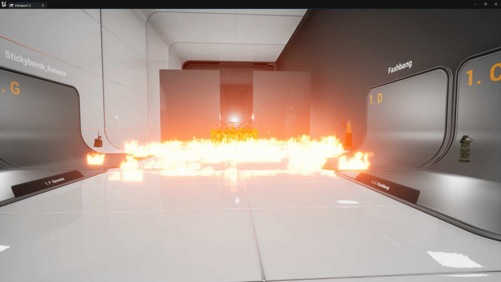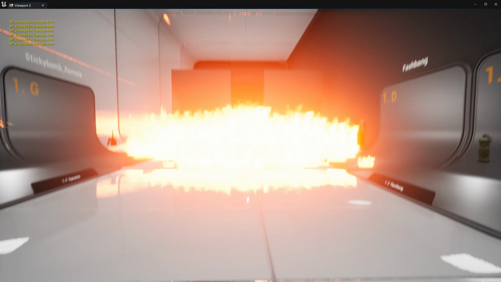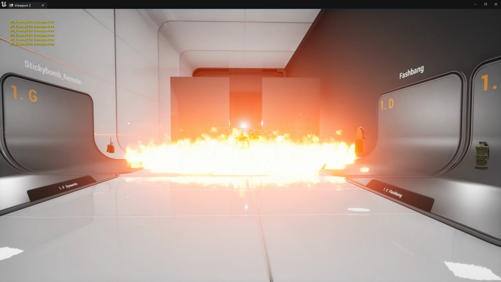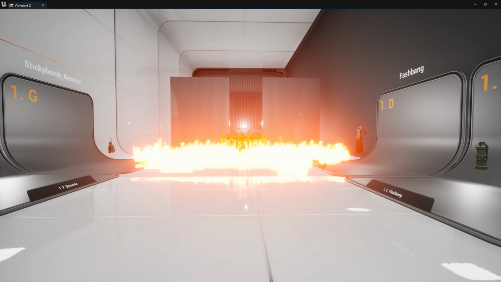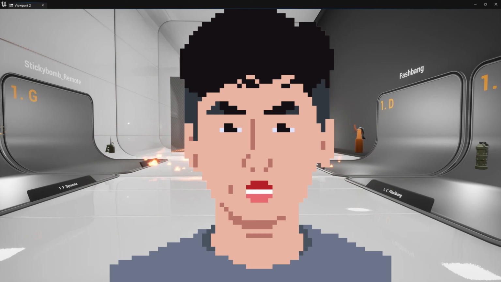Here are some other optimizations. The cocktail's burning effect has a better frame rate. The time when the explosion effect disappears is more accurate. Some functions were refactored. Okay, that's all for this update.